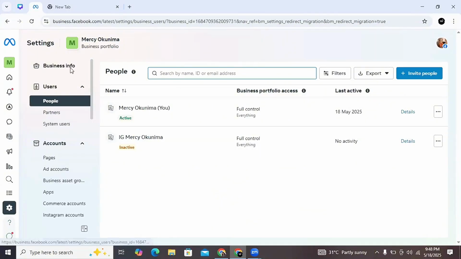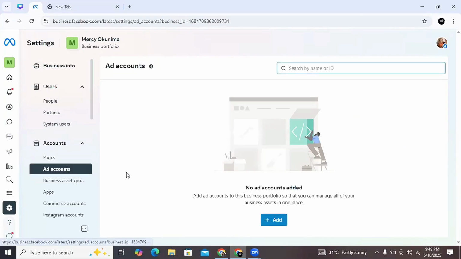So this is the business settings, or the business portfolio as it is now called. So what we need to do is to click on ads account. If you click on ads account, you're going to see that you don't have any ads account. Now, the reason is because that ad account that is having payment issues is actually your default ads account that is connected to your Facebook account. But you can still create other ads accounts, and that is what we're going to be doing here from the